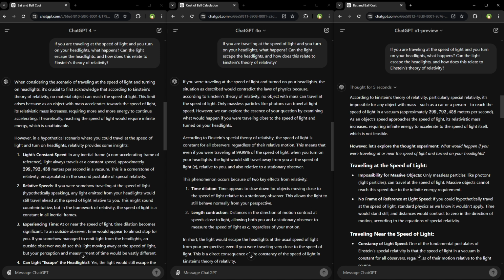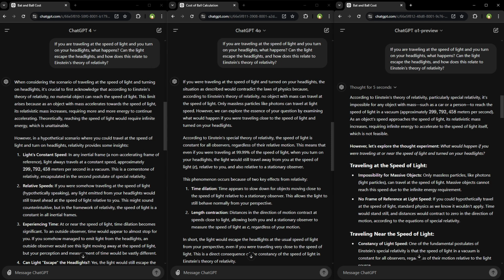The next question was, if you're traveling at the speed of light and you turn on your headlights, what happens? Can the light escape the headlights? And how does this relate to Einstein's theory of relativity? All three answers accurately explain the scenario using Einstein's theory of relativity, but they differ in terms of clarity,